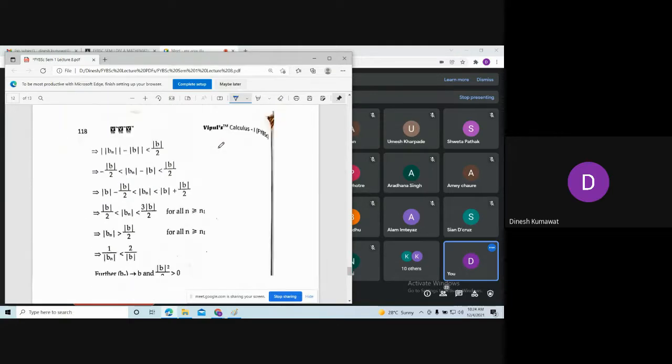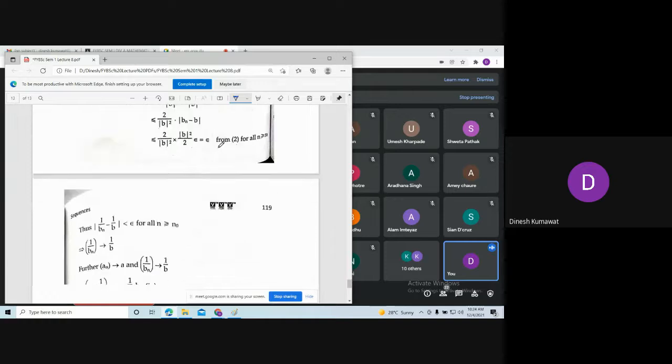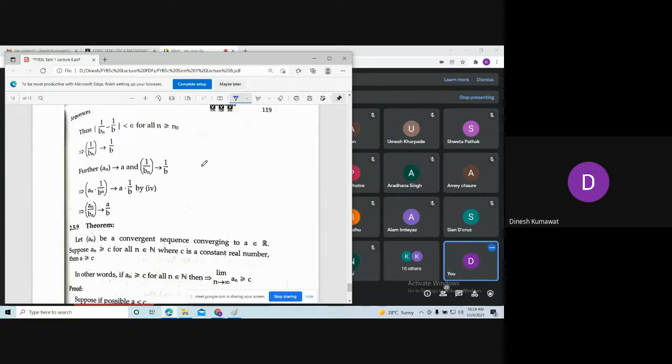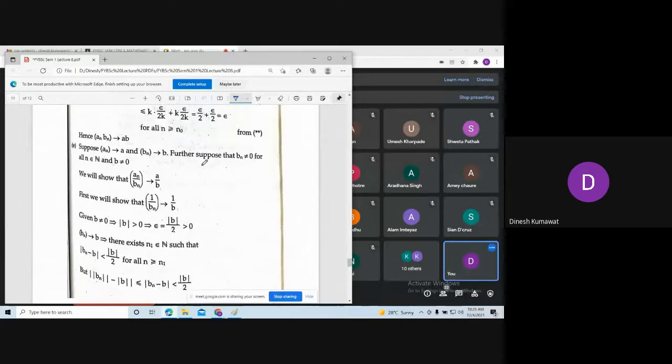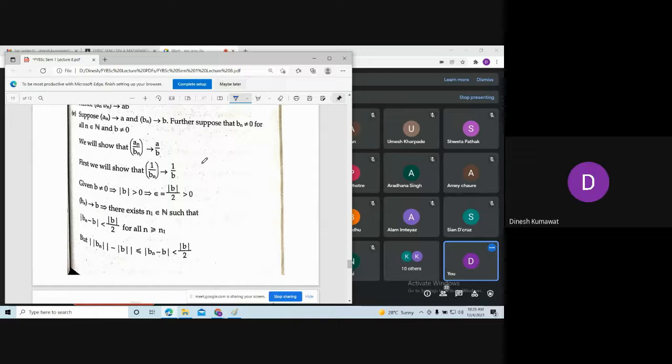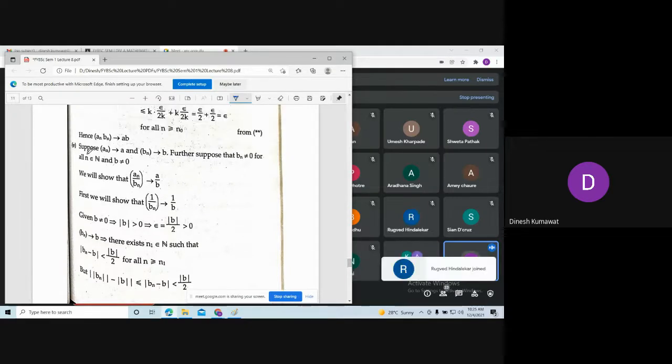ओके, क्या नहीं समझा इसमें? Do you want me to repeat the whole proof? नो सर. सो कैन यू टेल मी क्या नहीं समझा, सो दैट आई कैन प्रोसीड फ्रॉम देयर. सर जो फर्स्ट कंसीडर किया है मॉड ऑफ बी एन माइनस बी इज लेस देन मॉड ऑफ बी अपॉन 2, वो क्यों किया, मतलब क्यों कंसीडर? ओके, वो क्यों कंसीडर किया? ठीक है, हम पूरा प्रूफ ही देख लेते हैं क्विकली.